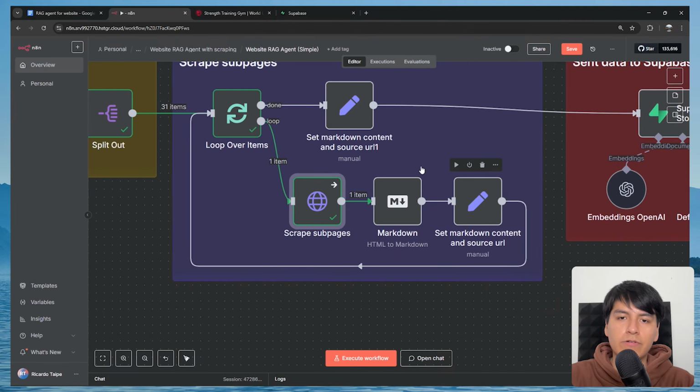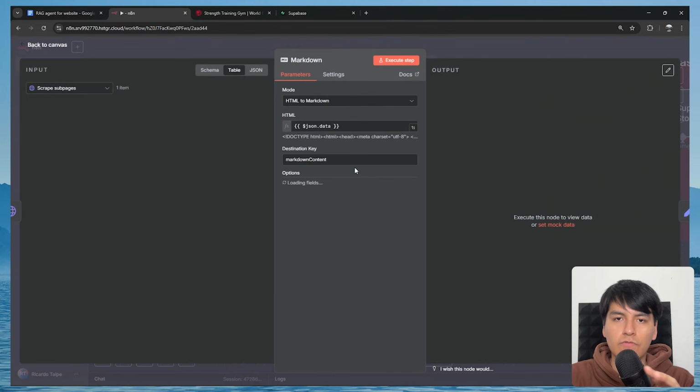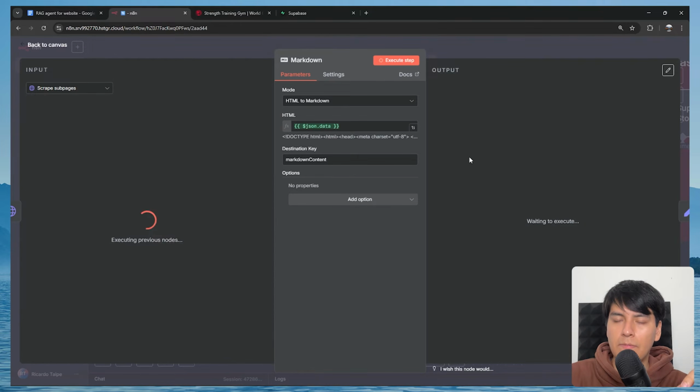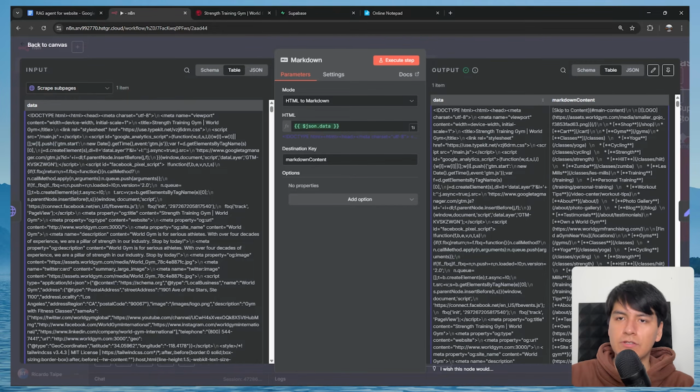And now, before we continue just saving this data, we first have to transform all of this into Markdown. If you don't know what Markdown is, you'll see in a bit, but this node basically transforms your HTML into Markdown format. For the HTML, I just map in this data right here, and for the destination key, I just name it Markdown content. So if I execute the step, you can see that it transforms this whole HTML gibberish into a more